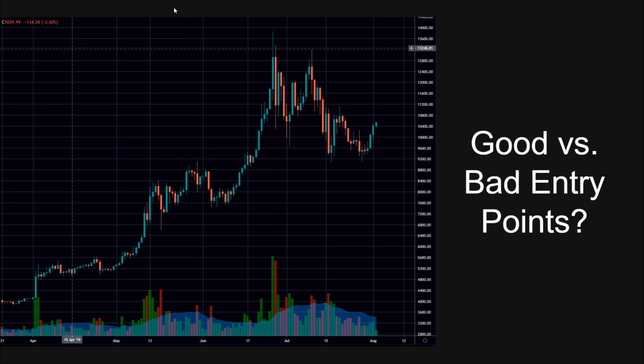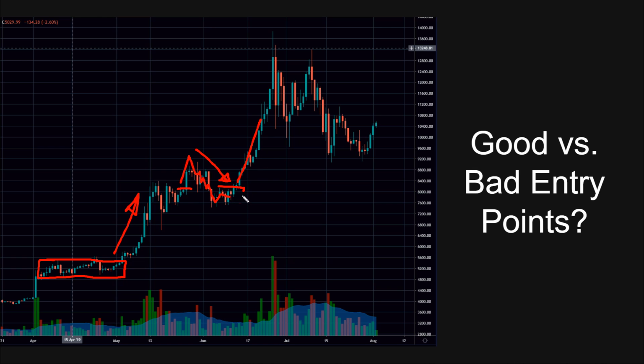So if we look at this chart of Bitcoin, we can look at some of the better choices. So like if we have a breakout from a range, this might be a better choice for a call option. It's easy to see these in the rear view mirror, isn't it? Right? So here's another breakout that didn't last for very long. And so more than likely, your option dropped in value during this time. And only if you bought enough time were you able to ride the back end of this.